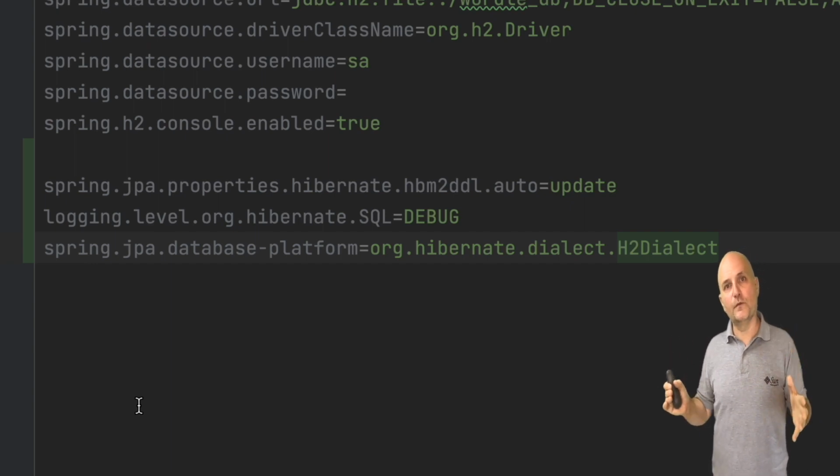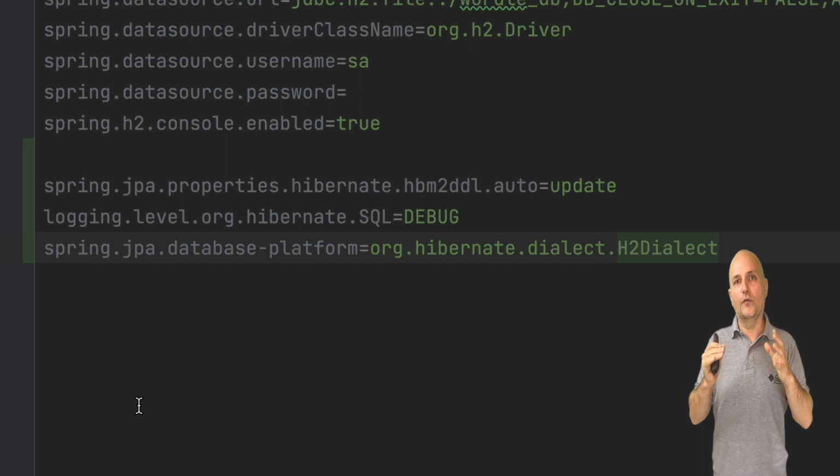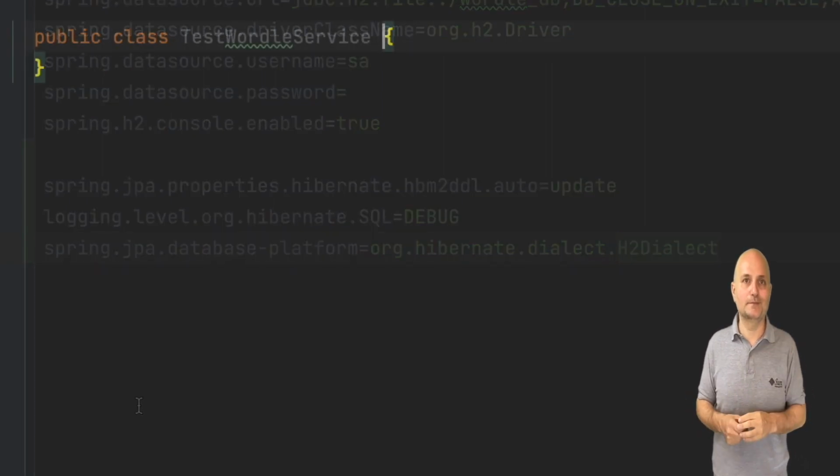Finally, we need to define the dialect of the database. SQL is standard, but databases aren't consistent with its implementation. We pick the H2 dialect. Without this, the code will fail in runtime. We need the last two for the test, application properties 2. So you should copy those 2 lines there.